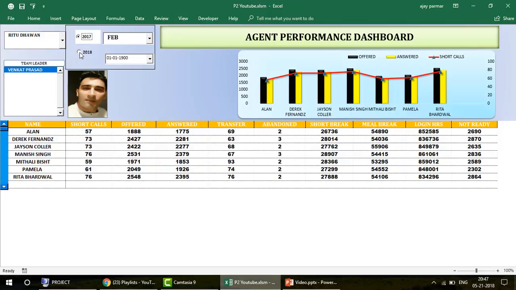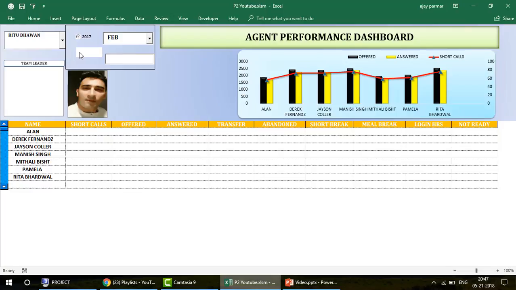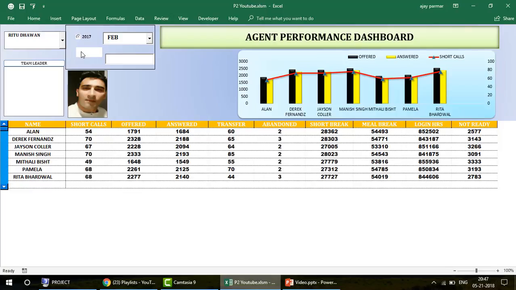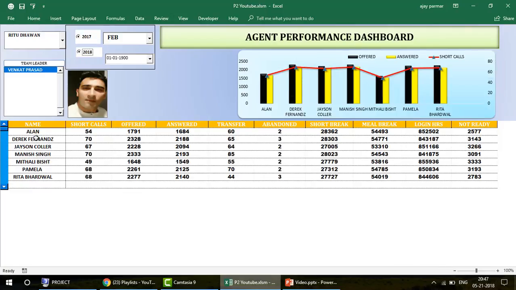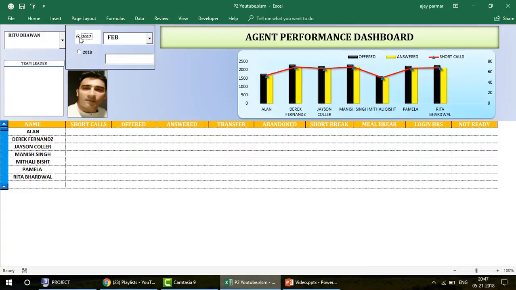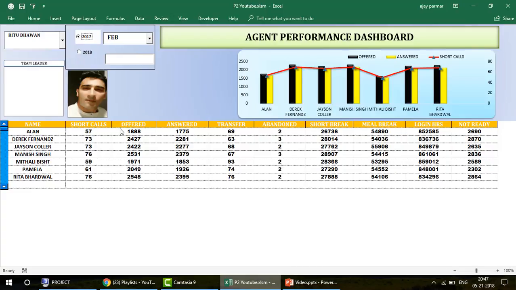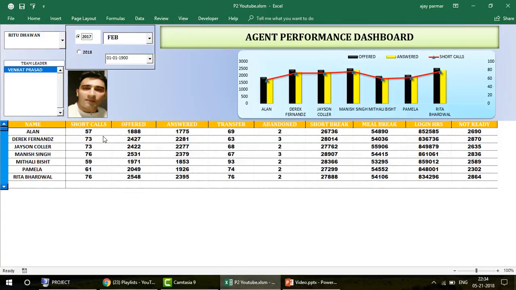Okay, if I want to change this to February 2018, I can go and click on the 2018, and once I click on the 2018, you see that the performance changed. So this is my 2018 performance, and if I go and click here on the 2017, this is going to be my 2017 performance. So let's go ahead and, guys, let's discuss this big project, big dashboard,